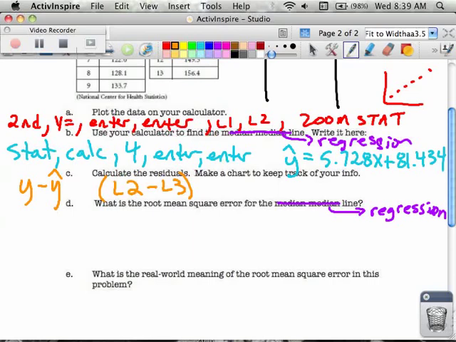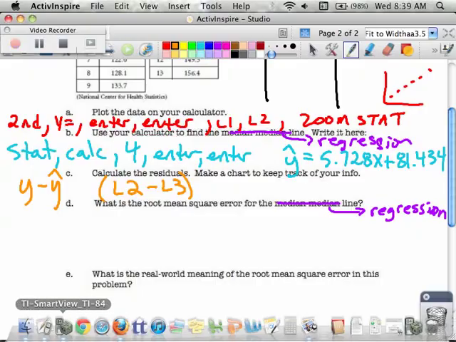But before we can do this, we have to put the stuff into list 3, the y predictions, y hat. So now I'm going to go into my L3 and do the special thing that we talked about before. So here's my calculator, and you're going to want